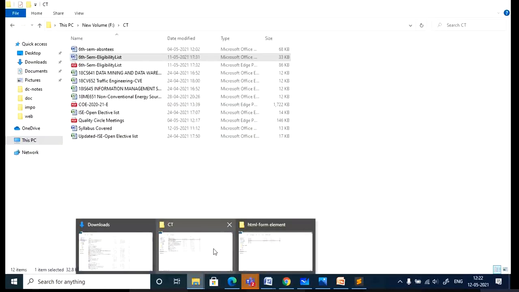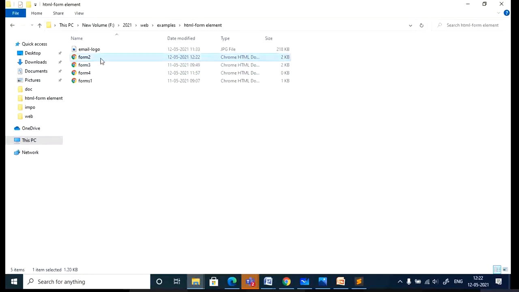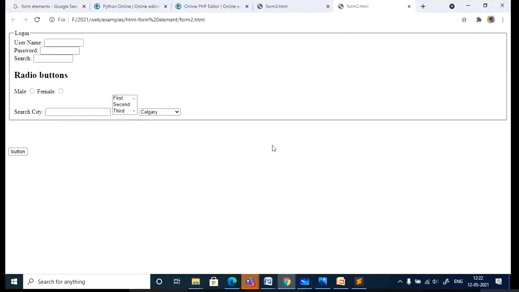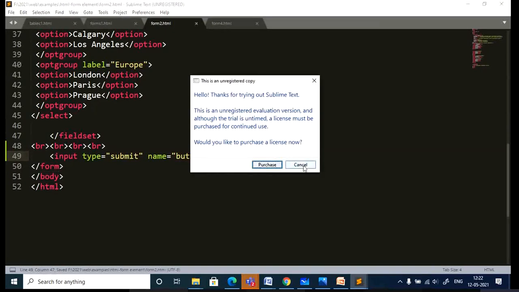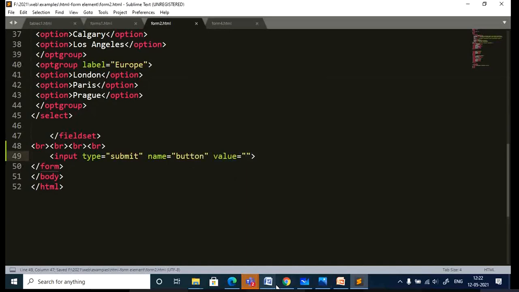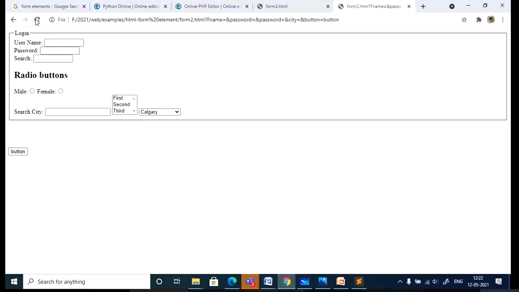It's written form 2. Here I'm getting name button. So let me just by default let it take submit. Okay, it is not coming.